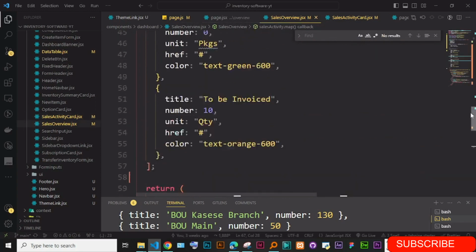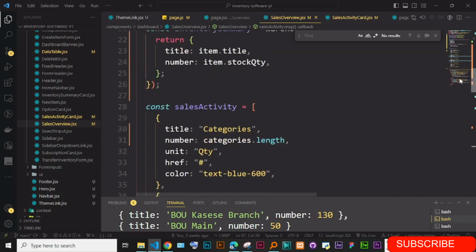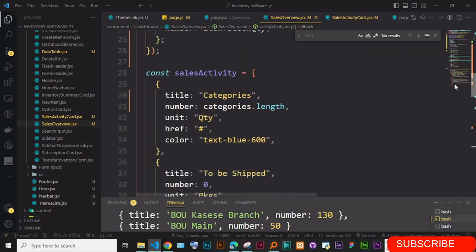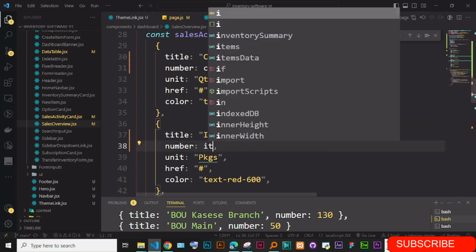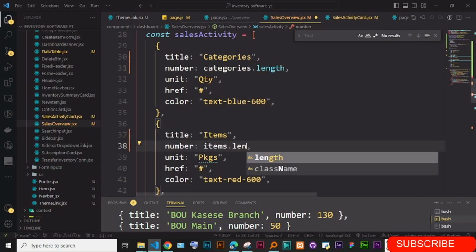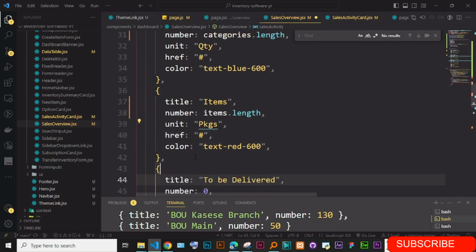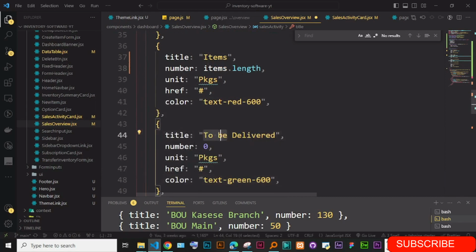Okay, the second one, so we have the categories, then we have items, so you can just come here and you see items, and then here the number is going to be items dot length. Then another one is the number of warehouses we have, so you just say here warehouses, and then here you can just say warehouse dot length,